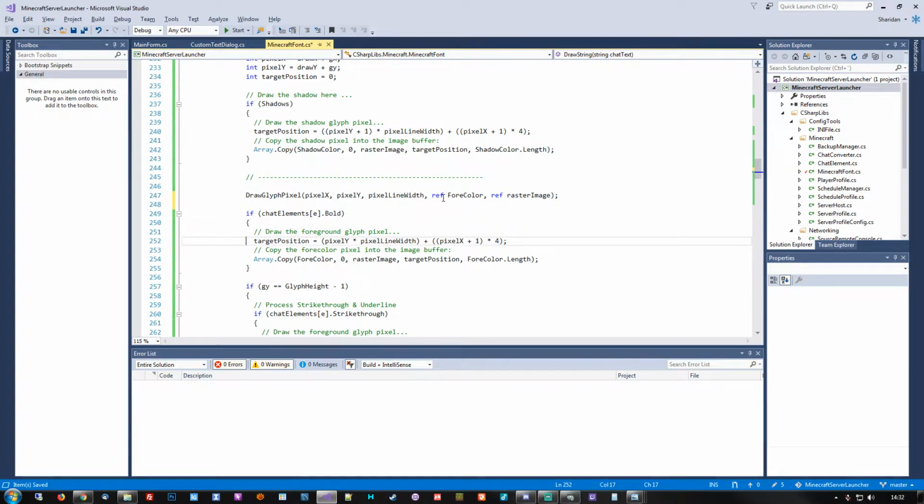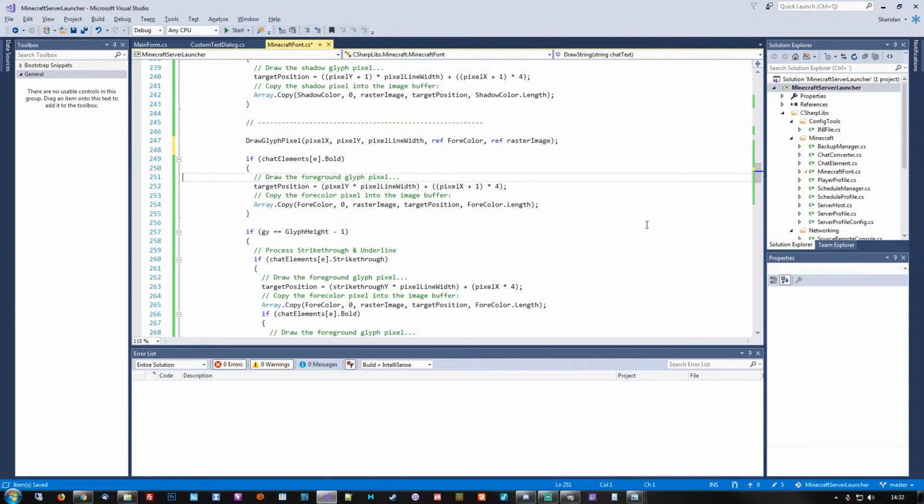Otherwise we're gonna have to pass pretty much every variable in this method anyway, so we'll just reduce this and do